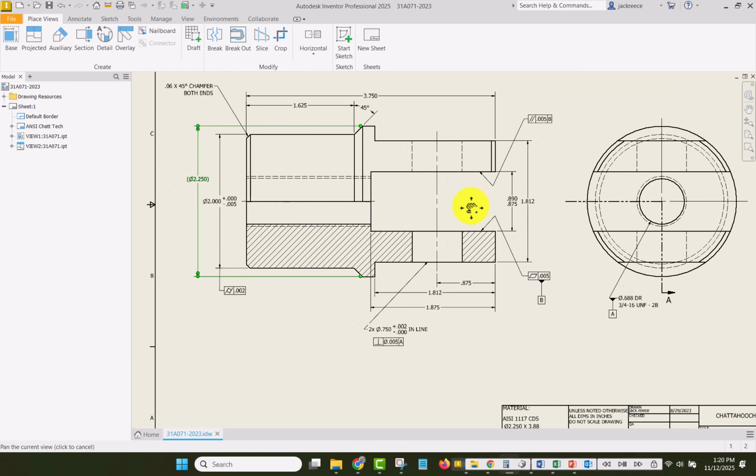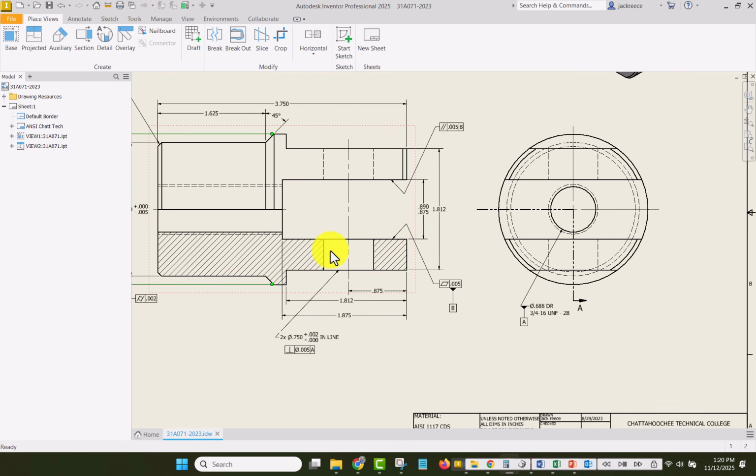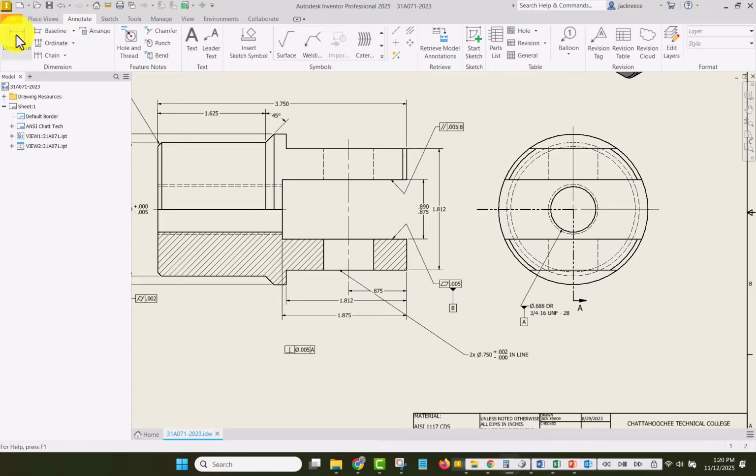Okay, the hole here. There's a couple of different ways of doing this, and I'm not going to delete the one I've got. I'm just going to move it over here out of the way. One way is with a regular linear dimension, and you could pull it down, and it gets kind of tight in there, and then you